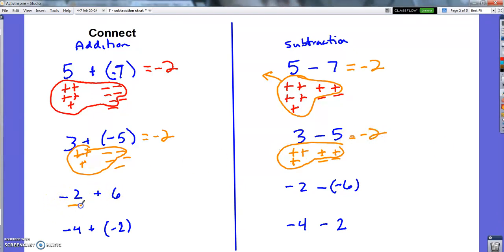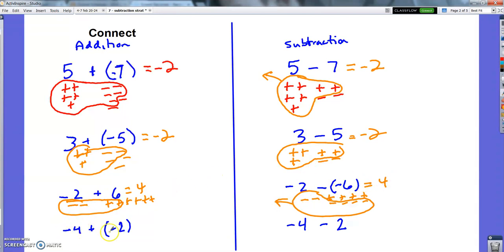Negative 2 plus 6, 2 pairs. Get 4. Negative 2 minus negative 6. I need to take away 4. I need 4 more. Get 4. And same thing, negative 4 plus negative 2 is negative 6. And negative 4 minus 2